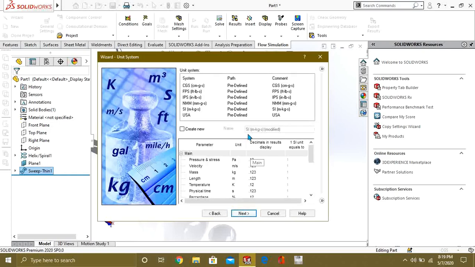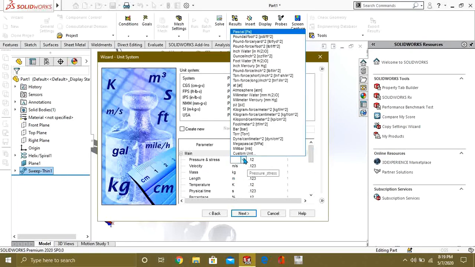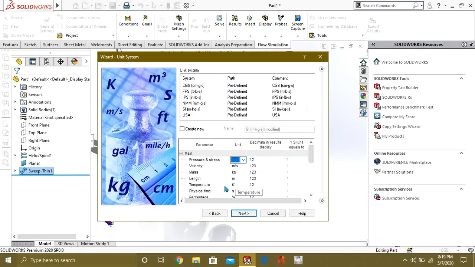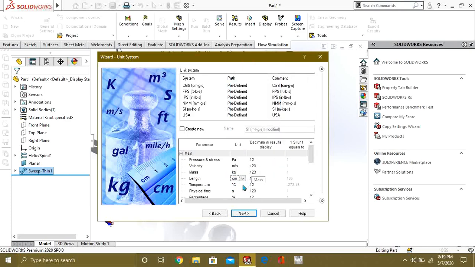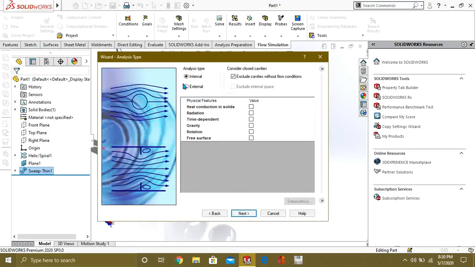Select next. If you want to define some SI unit or unit system, you can define it from here. We are going to define temperature in Celsius and length in centimeter because our overall model is in centimeter. Now we will go to next.